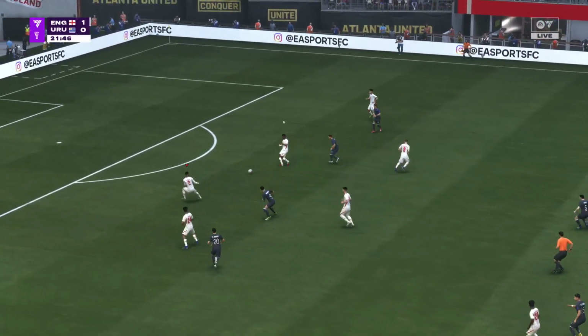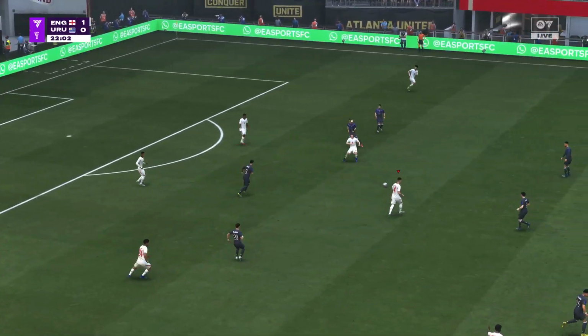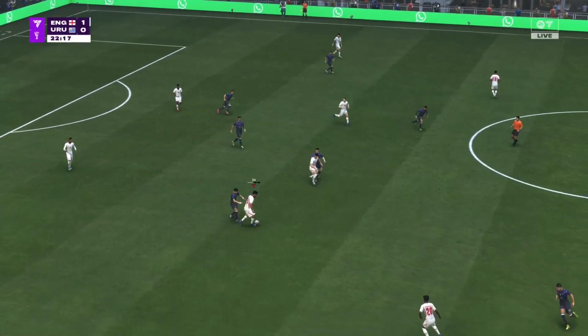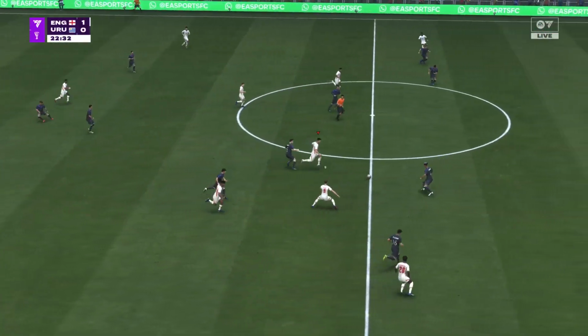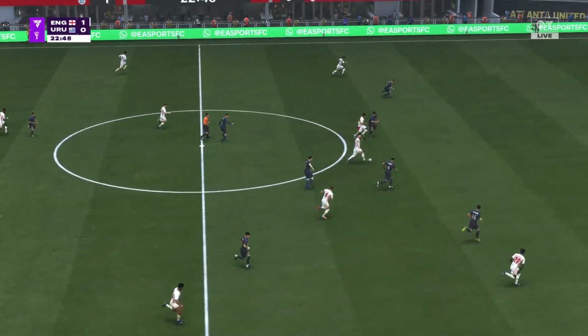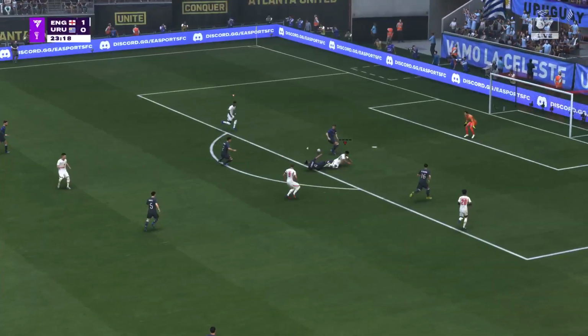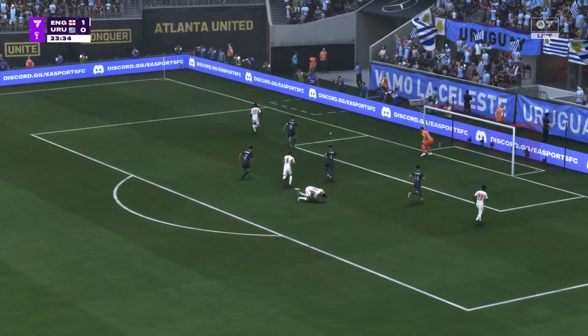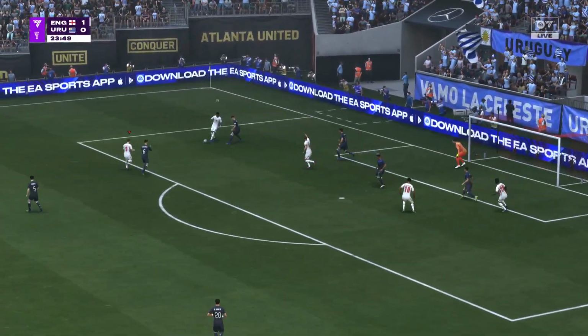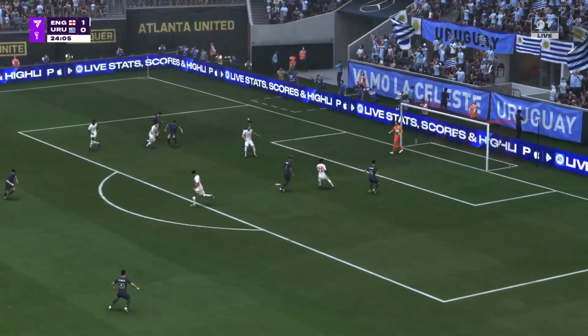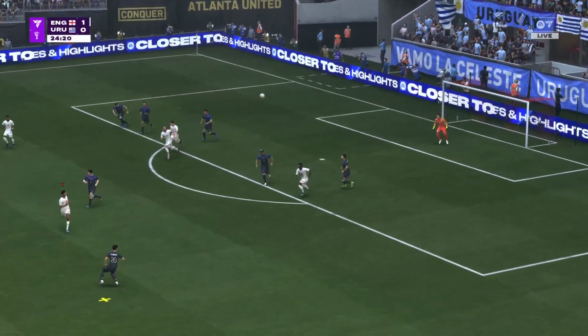And England's come away with it. Quick break could be on. And Bellingham. Now, can they take advantage? No degree of difficulty at all for the keeper.